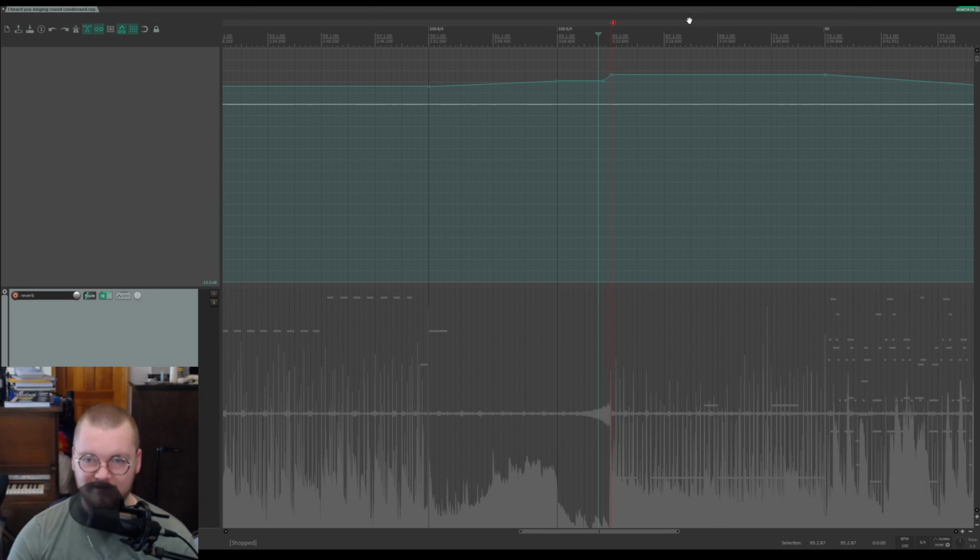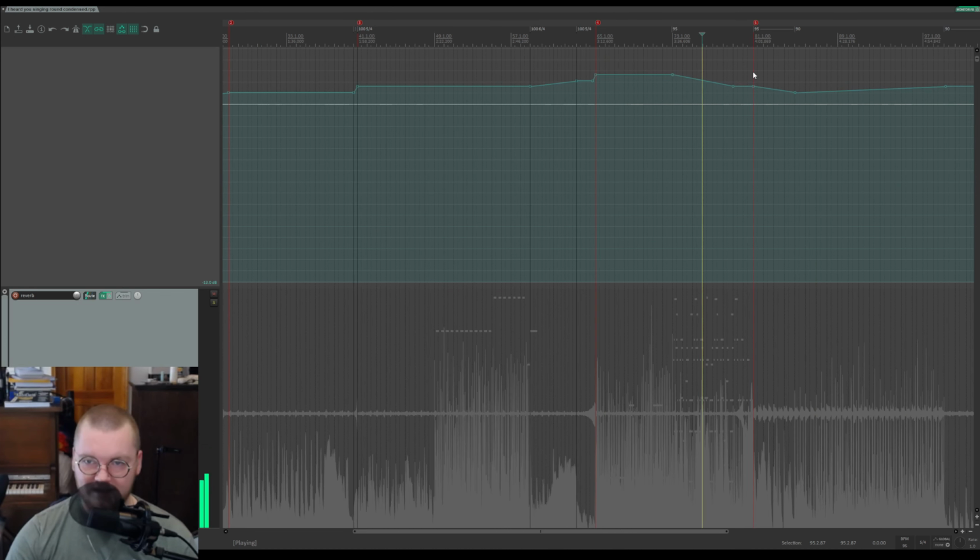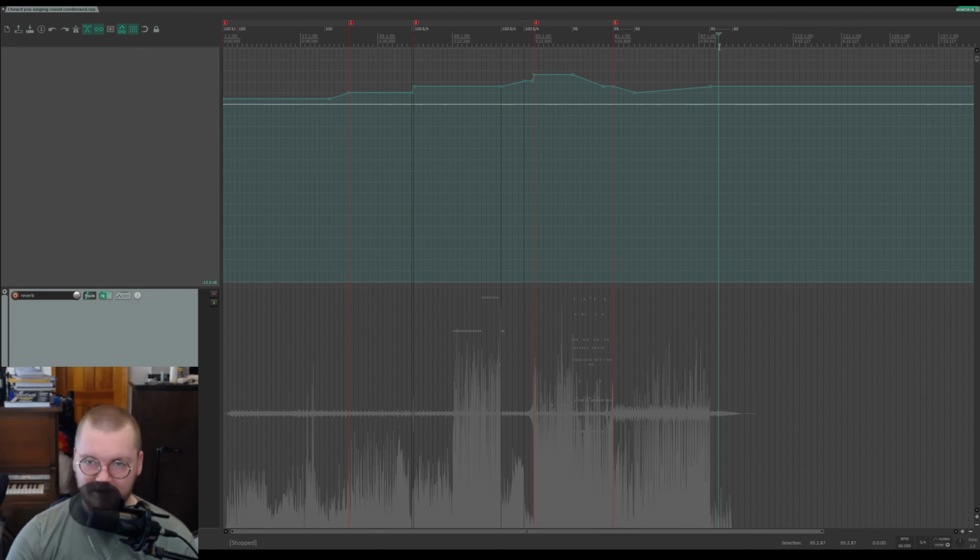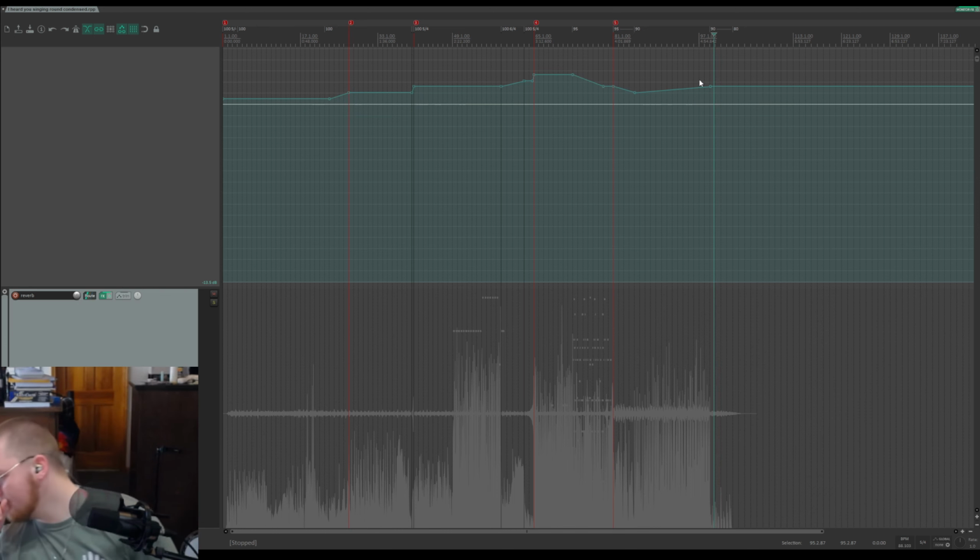And then right here with the climax, it jumps up to -12.5 and then slowly goes down to -13.5 and then down to -14 and then slowly raises up from there to -13.5. So there's a lot of motion in the output of that limiter.